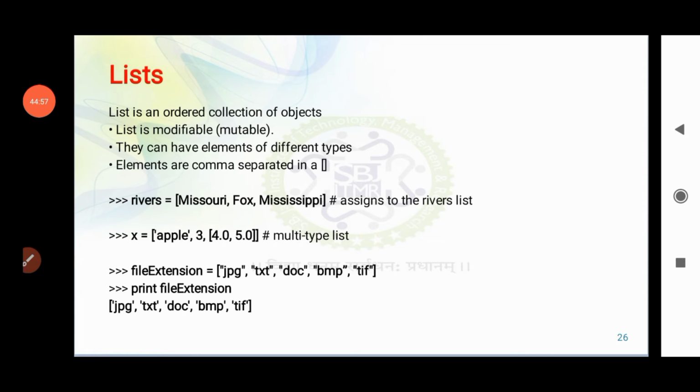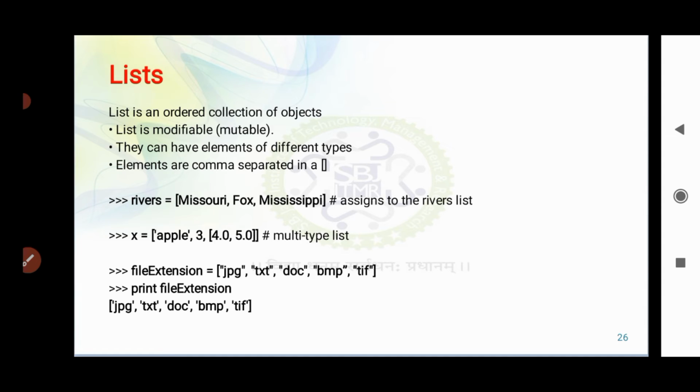Another data type available in Python is the list. Now what is the meaning of list? A list is an ordered collection of objects which is modifiable or mutable. That means we can change it.